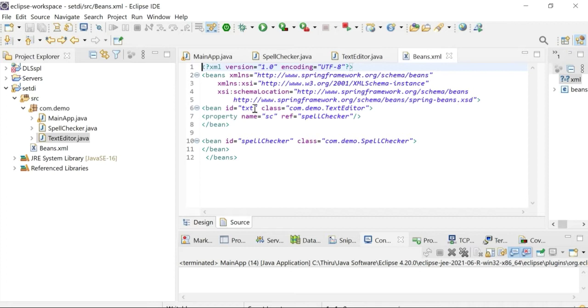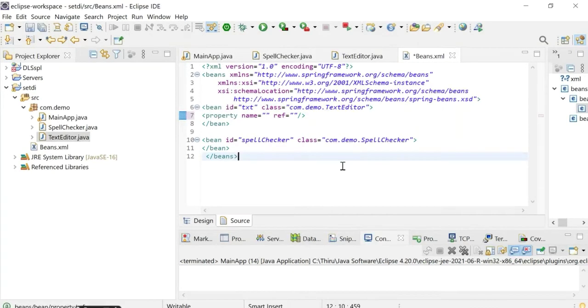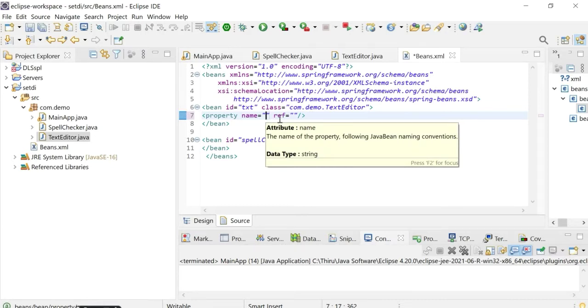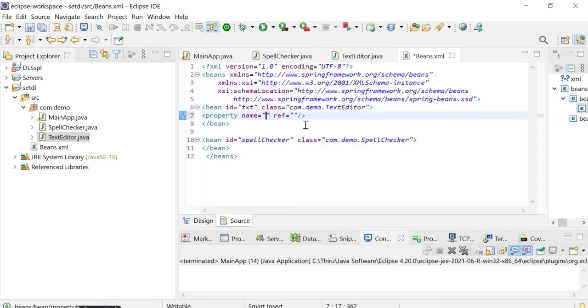You can see I have already done it. First I have defined the beans.xml text editor, so I have deleted the values in the property tag. Let me explain. This is a beans.xml file. We have two beans.